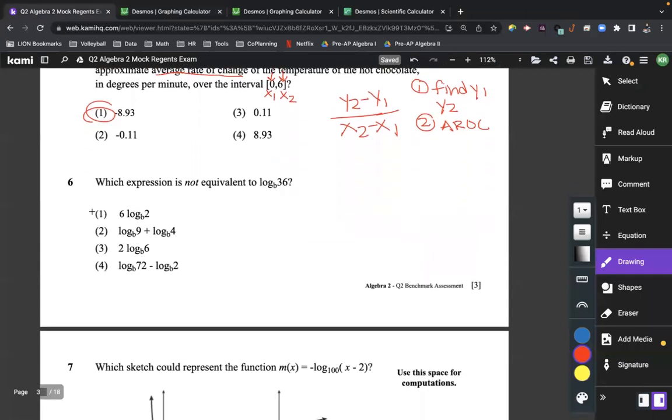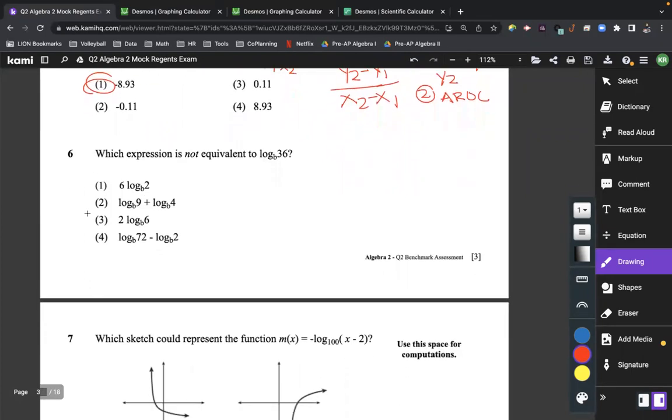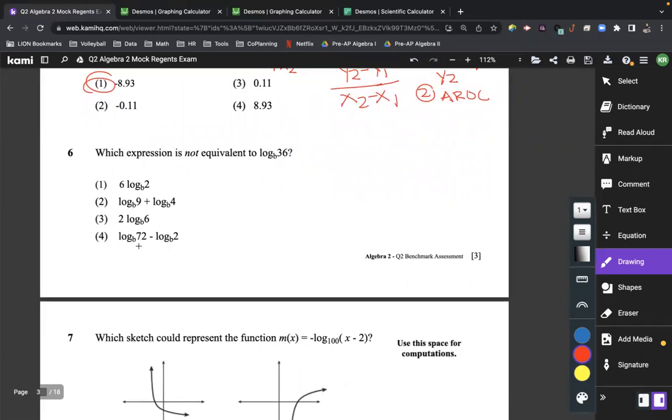Okay. 6 was interesting. I was really excited to see how you guys would do with that, but only 39% of you got it right, even though it was the majority. So it says which expression is not equivalent to this, and you kind of have to remember all the rules of log. So if a log can exist like this, that means that the number in the front can also exist as an exponent. So to rewrite this, I could write log base b is equal to 2 to the